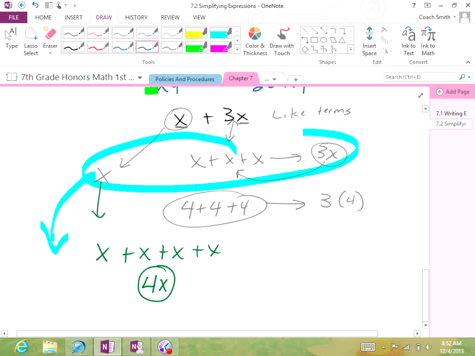Is that the like variable? Huh? Is that the like variable, or are you like reducing it? That's the like variables from this problem right here. This is the answer to that problem, x plus 3x. Okay? Now,